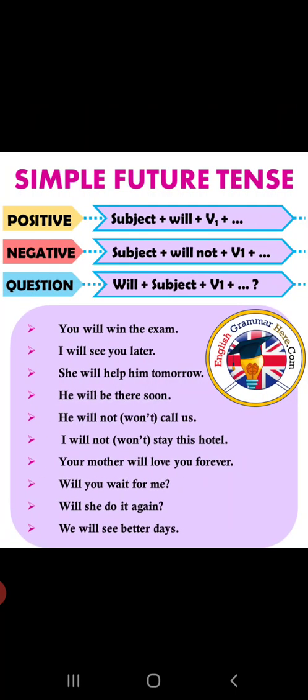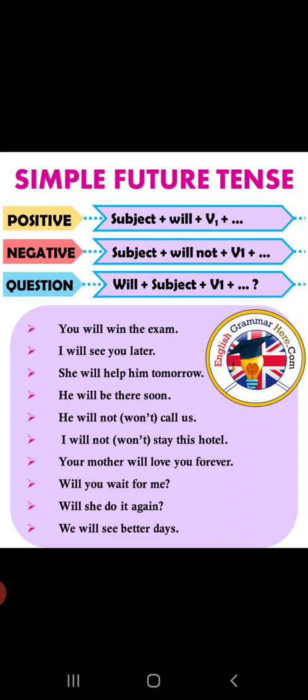Simple future tense. Okay, very first you have to know where we use this tense. Simple future tense is used to indicate an action that is yet to take place. Okay, and just to frame a sentence in simple future tense, what we have to do is use the subject, then will or shall, then the first form of the verb. With singular subject we use will, and with plural we use shall. To make the sentence negative, we use the subject and then will or shall and then not, and then the first form of the verb. And to make the sentence interrogative, we put will or shall before the subject, and after that we use the first form of the verb.